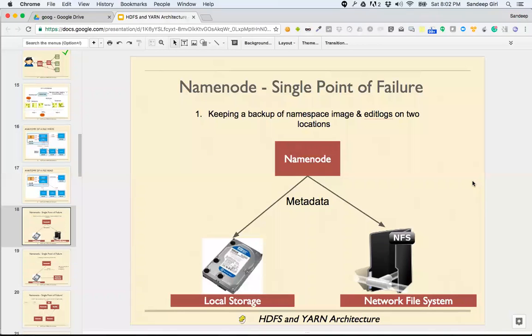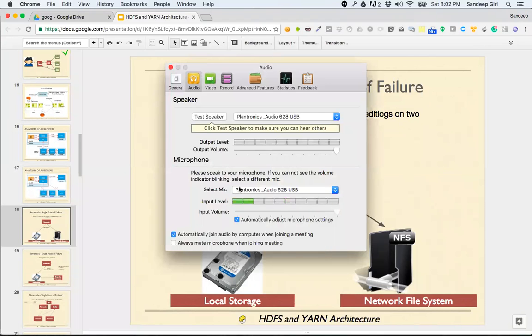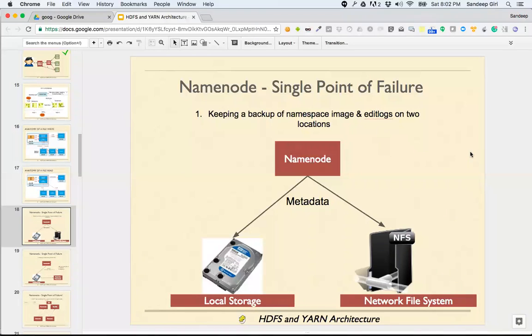Sapna, are you able to hear now? Probably. Okay, let me check what's going on. The audio should be okay. Can somebody confirm that the audio is clear?